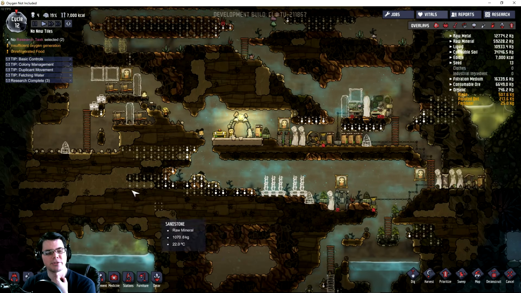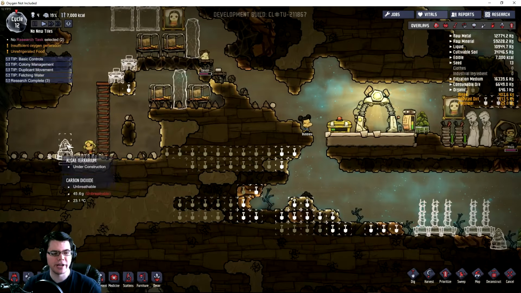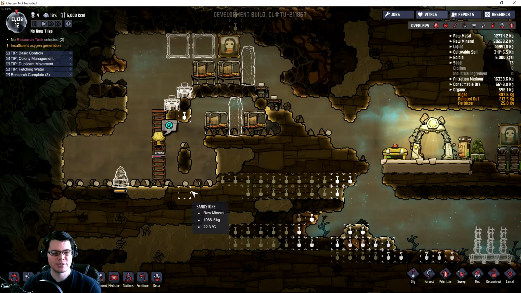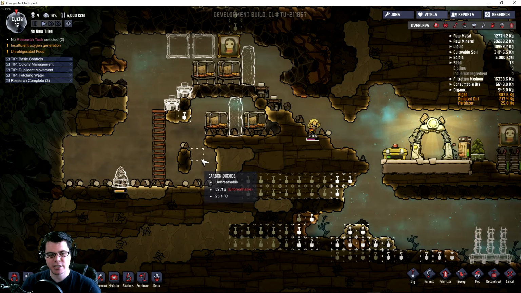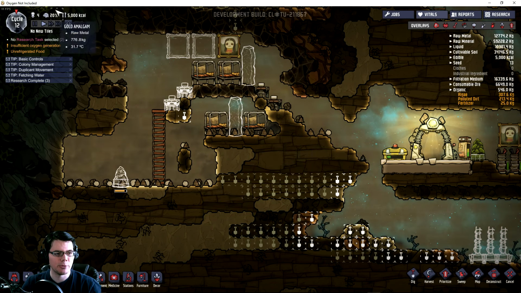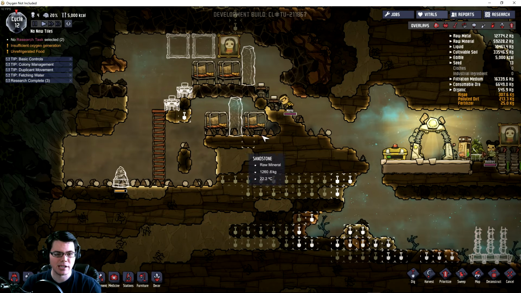One of the little strategies I'm going to try here is putting an algae terrarium over here. There's not much that goes on during the day, but then they sleep at night. So I'm thinking if I could produce just a little bit of oxygen there, they won't suffocate during the night, which will help them stress-wise, because we're starting to climb up in the stress